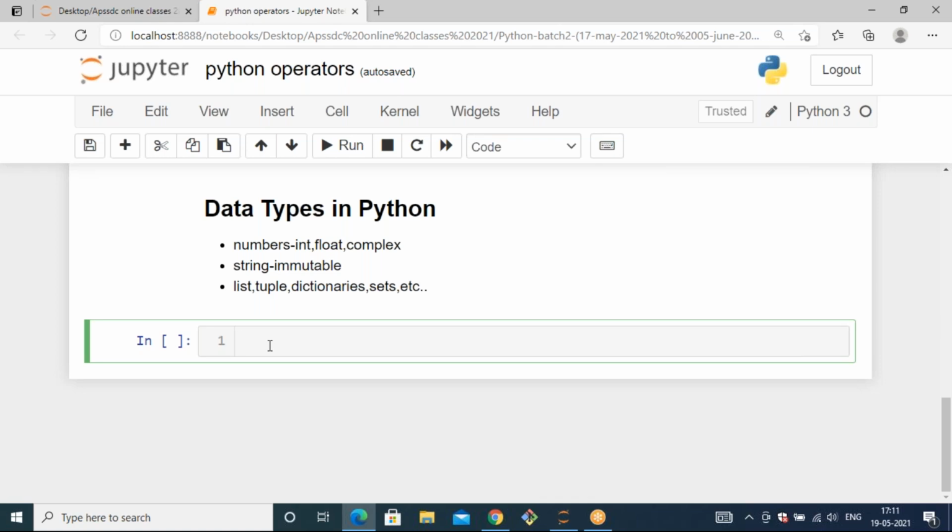So you can call these variables identifiers or variables or objects.